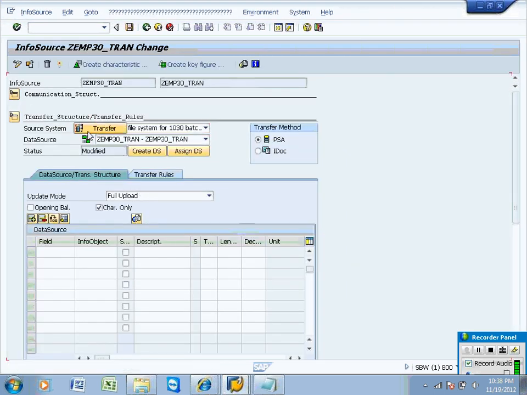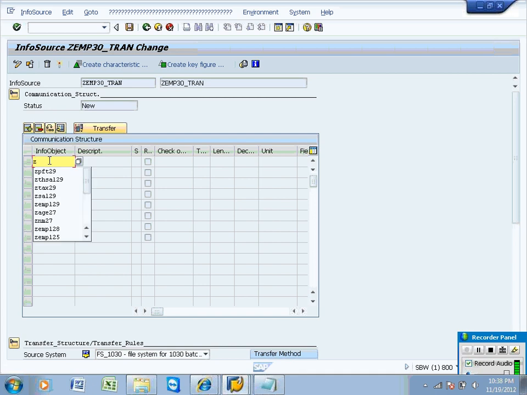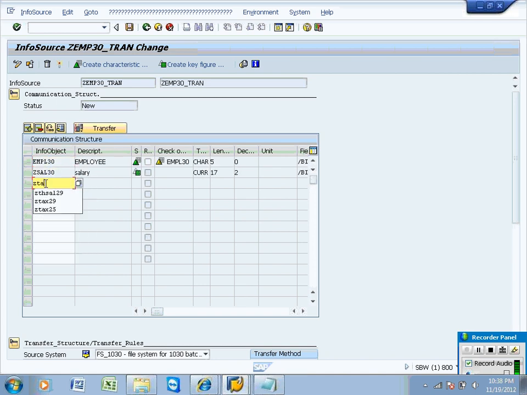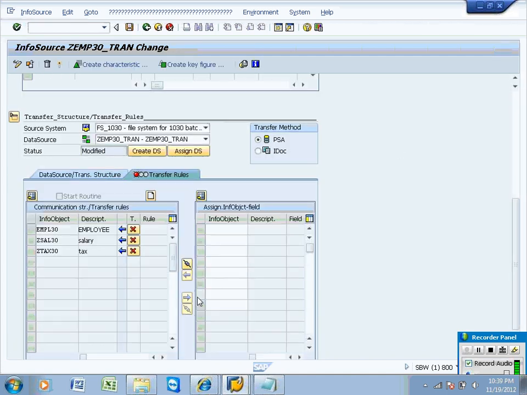Then go to the communication structure and keep EMPL party, GSAM party and GTime party. Go to the transfer route, propose the transfer route and activate the transfer route.